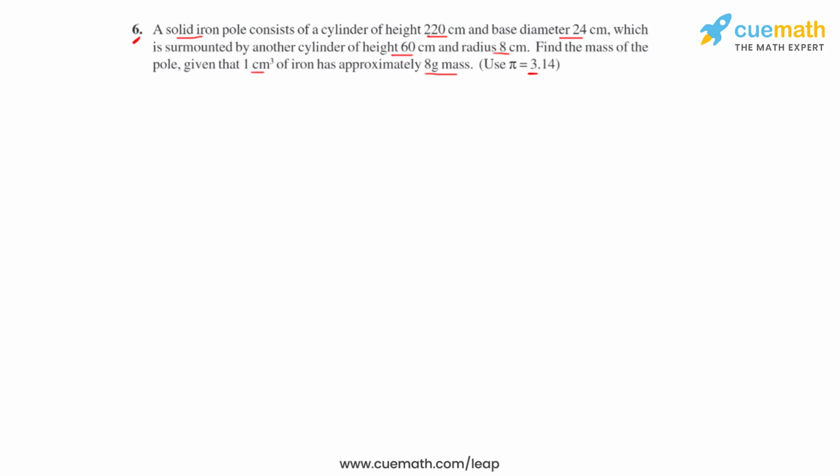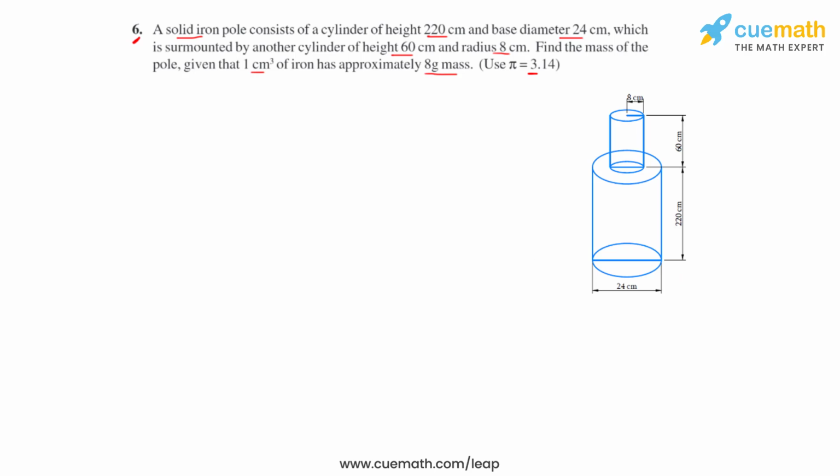We'll draw the figure of the iron pole first, which looks like this. In this we can see that we have a larger cylinder at the bottom and a smaller cylinder at the top of the larger cylinder. So for the larger cylinder, the diameter has been given as 24 centimeters. So the radius will be half of it, and that will be equal to 12 centimeters. Height is given as 220 centimeters. The radius of the smaller cylinder is 8 centimeters as given here, and the height for it,